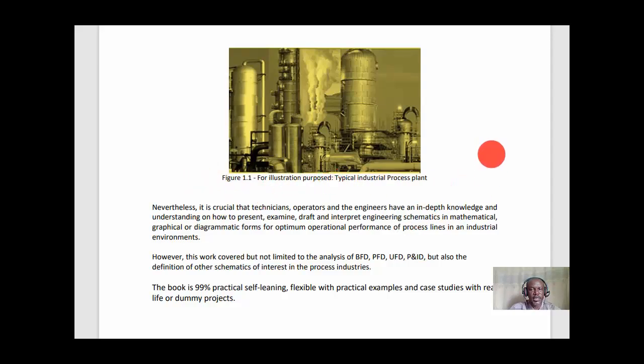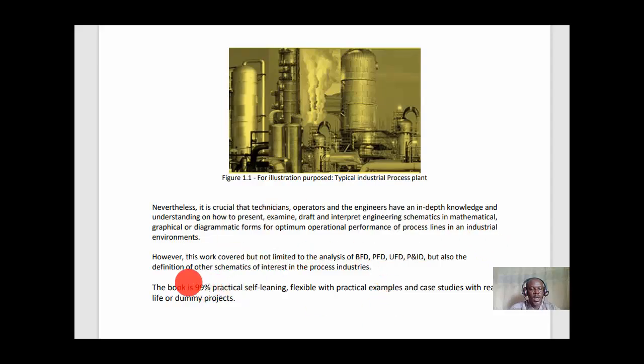This figure is for illustration purpose. It's a typical industrial process plant. However, the industrial equipment, process plant, or unit operations used in the industry differ from plant to plant, and from industry to industry. Nevertheless, it is crucial that technicians, operators, and engineers have an in-depth knowledge and understanding of how to present, examine, draft, and interpret engineering schematics in mathematical, graphical, or diagrammatic form for optimal operational performance of the process line in an